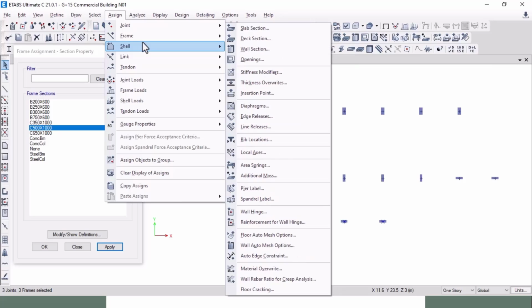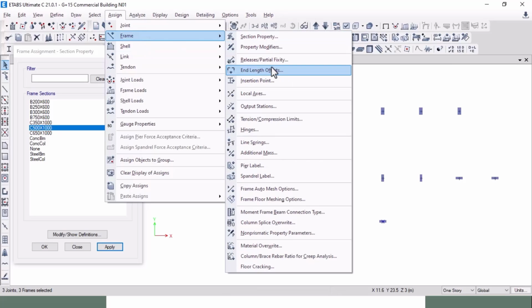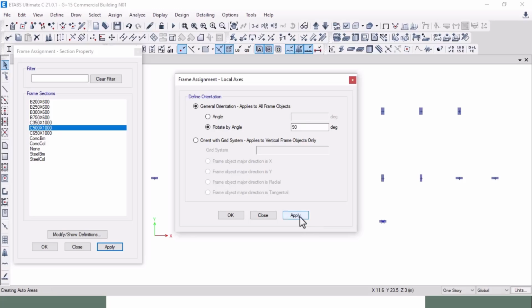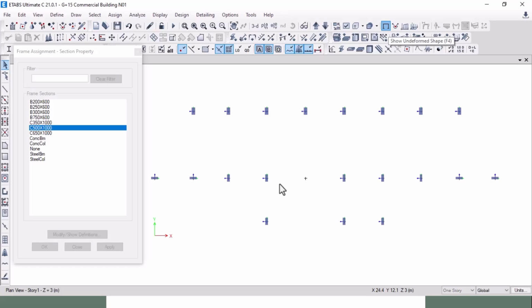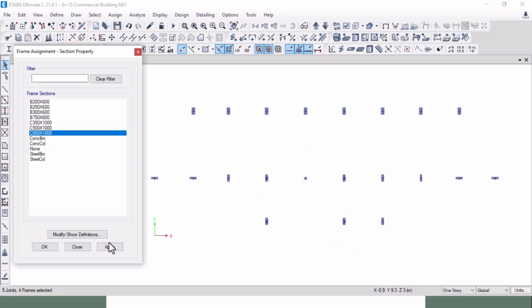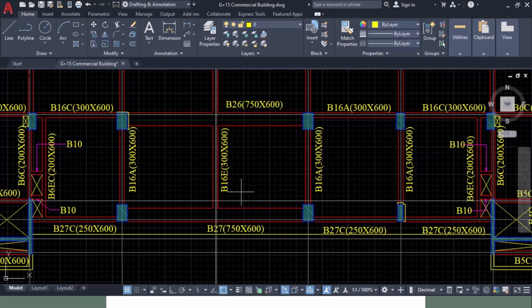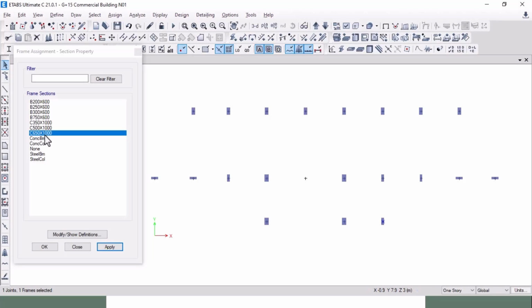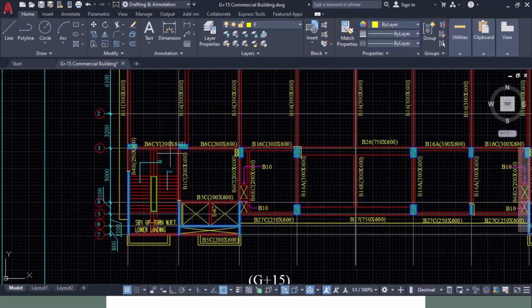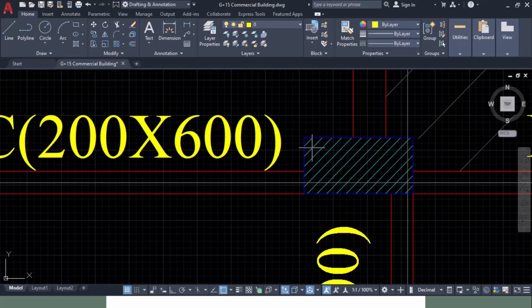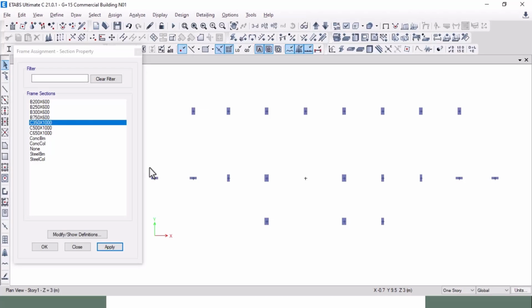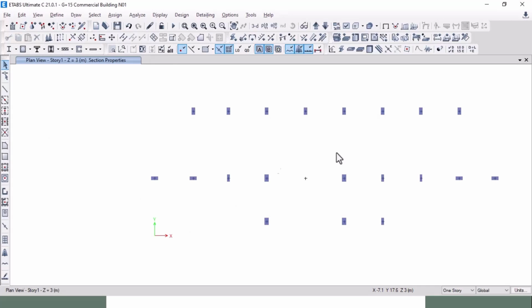So sign, frame, local axis and apply, and okay, and okay, and these columns are 615 to 1000. Okay, and this is 351, so it is 350, apply, and these columns are size of 500 by 1000. So we'll select these columns, and it is 500 by 1000, and apply, and close, and show all. Okay,